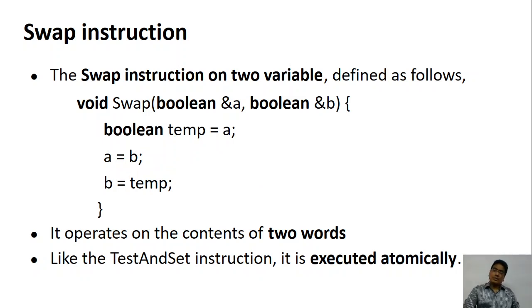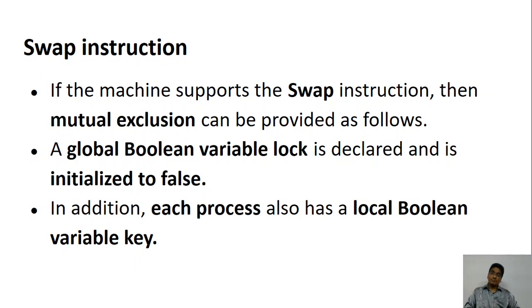So you may say, if all of us are familiar with swapping, why does this have to be done again? It is because this is executed atomically. All these instructions are executed atomically. The whole thing is executed in one shot. Nobody can interrupt during the swap operation. So this is again a hardware instruction which will not allow anybody to interrupt during its execution. So using swap also we can achieve mutual exclusion.